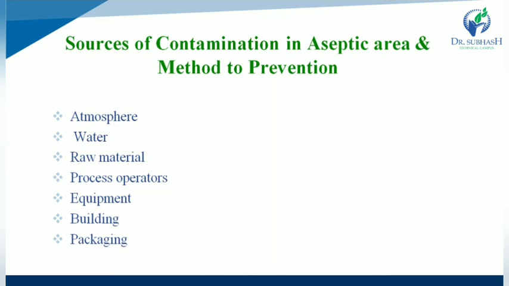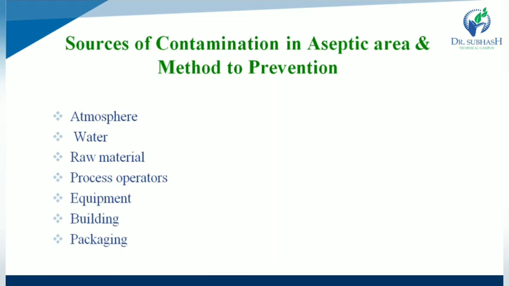Next one is building. Different molds and a few bacterial species are the most common flora of the wall and ceiling. They are mainly found in poorly ventilated buildings. Microorganisms utilize most of their nutrients from the plaster and paint. So to reduce microbial growth, all the walls should be smooth and washable. Doors and windows should fit flush with the floor to prevent the entry of dust particles as well as microorganisms. That is regarding building.